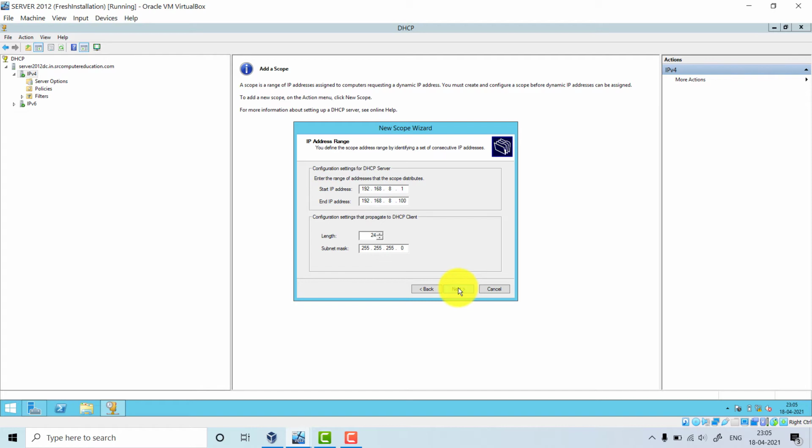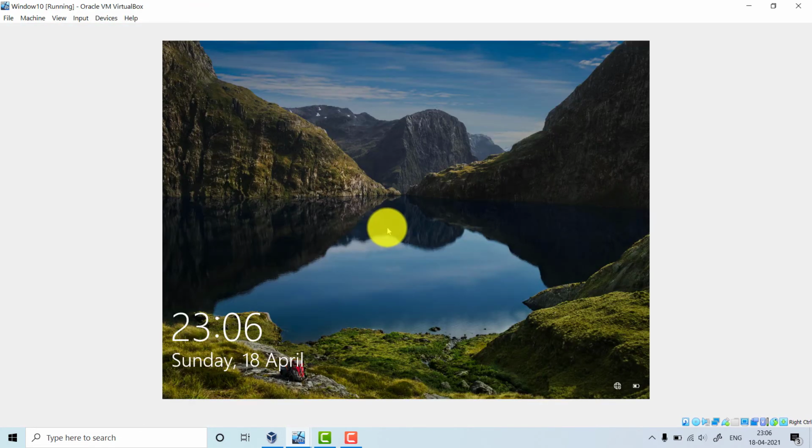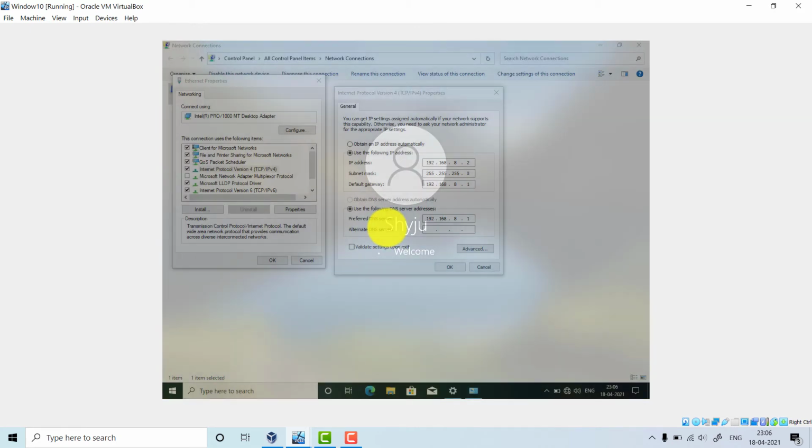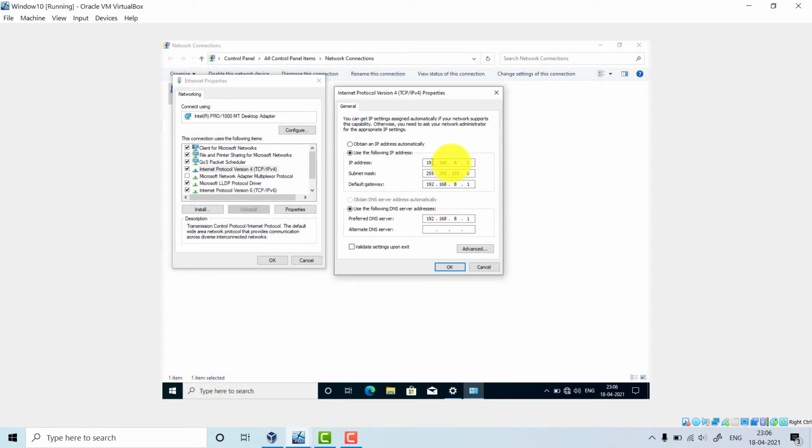Okay, 1 to 100. Now you will see that our client machine had just logged off. Let me start it. See, our client machine is using 8.2 right now.